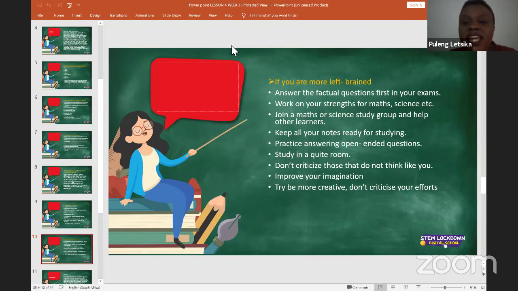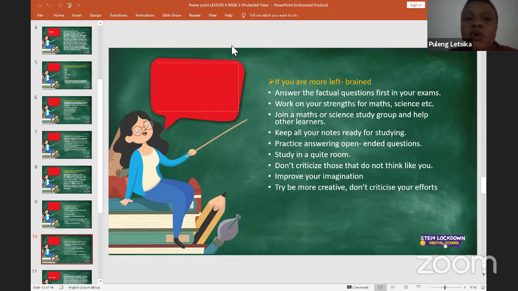So you can join a maths or science study group, where you will be able to help other learners. So basically, when you know what your strength is, share and just help other learners who are struggling in that area. And then keep all your notes ready for studying.